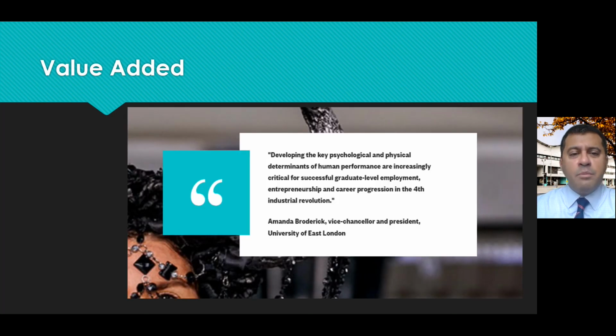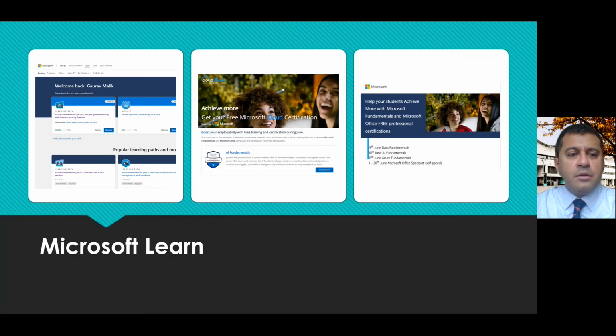So when you join UEL, we mentioned that we take employment and employability skills quite high up in the agenda, and again, they're very important to us. And this is one of the things that we talk about: career progression. So one of the value added on this module is the ability for you to learn material from the two companies that we have partnership with. So we are part of Microsoft Learn,